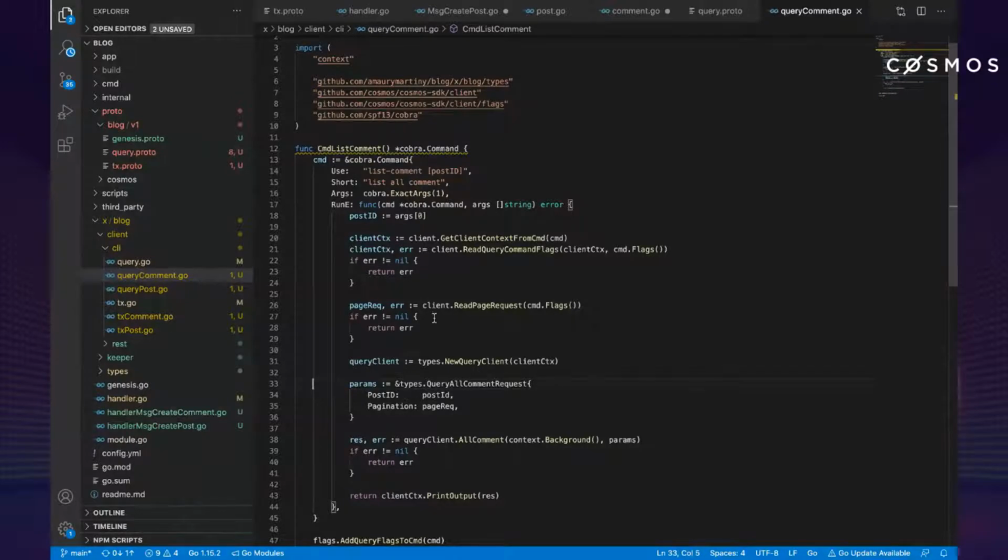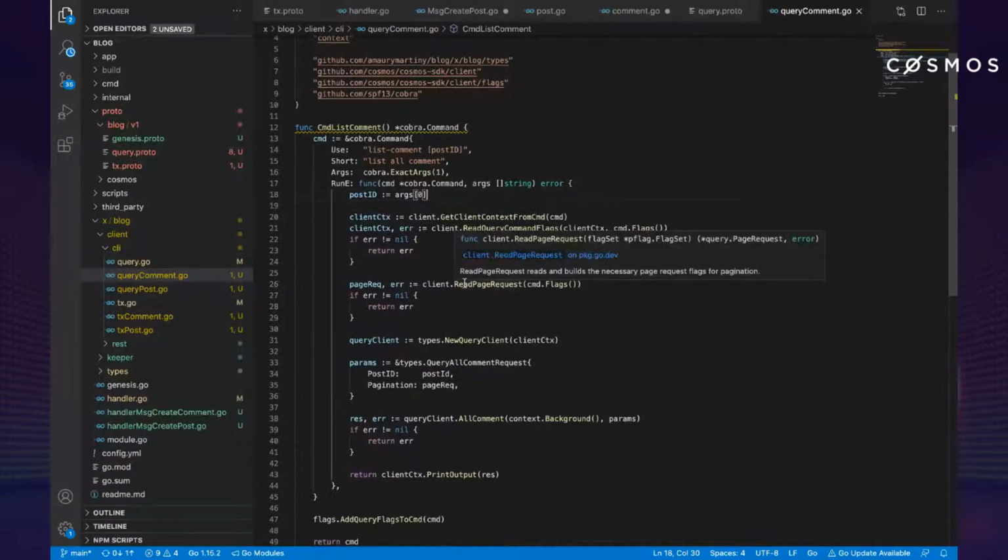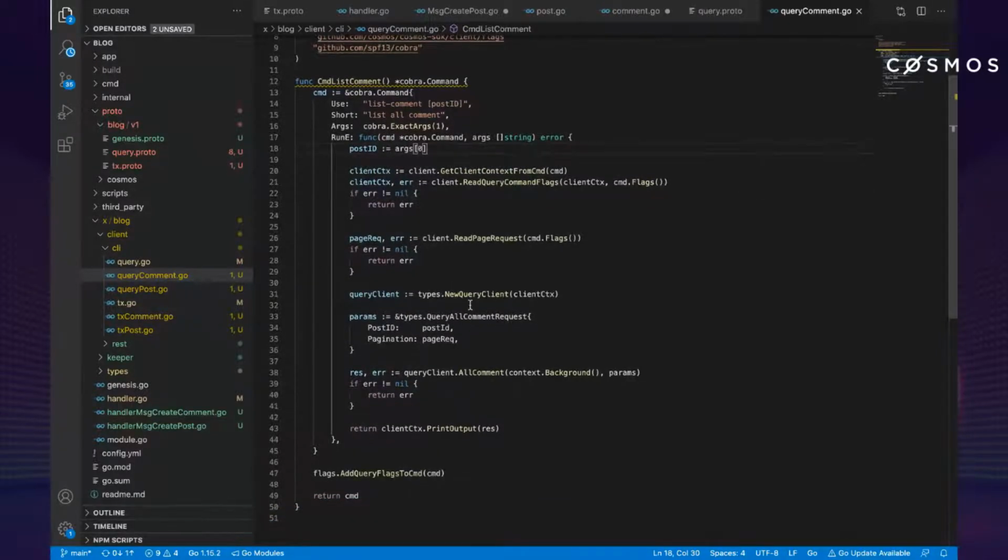So basically what we're doing is we're reading the arguments from this list comment post ID, creating a client context. Client context is a bit like SDK-related code that you could find interesting, but it's not super important to get into the details. It's just to create a context which could communicate with the gRPC server. The comment will also have some pagination flags to do the gRPC pagination. And then once we have all these flags, we create a client, and with the gRPC query client, we send a request in this all comment